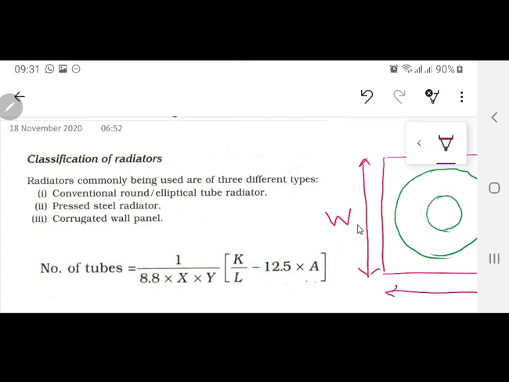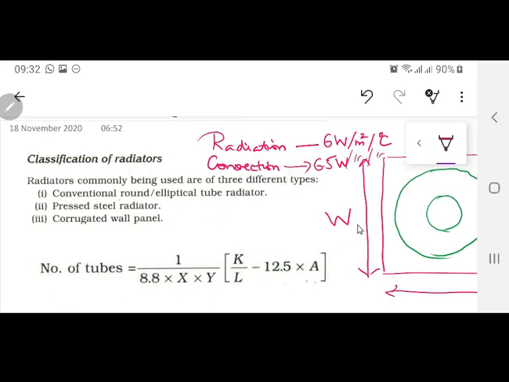Now, according to this book and this book, they are telling us, just write it down over here: the radiation is the first mode, and the other one is convection. Radiation is approximately 6 watts per meter square per degree centigrade, and for convection it is equal to 6.5 watts, with the same units, watts per meter square per degree centigrade.